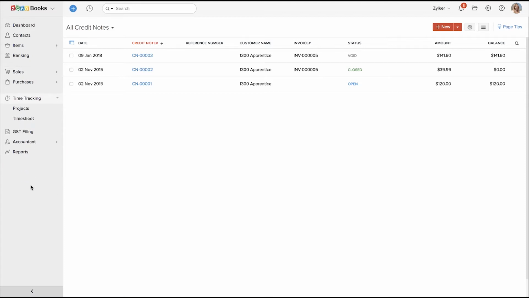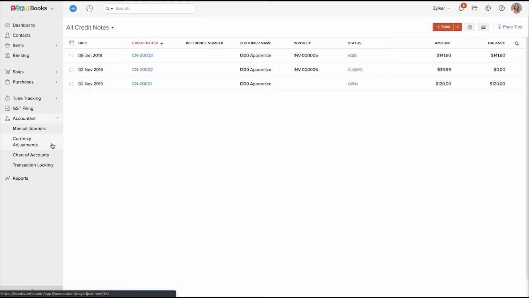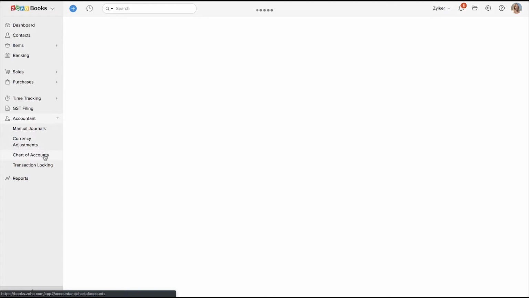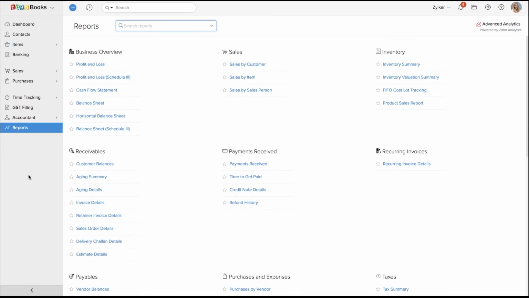You can manage your timesheets. You can even send out an invite to your accountant so that he can be a part of this Zoho Books organization and make sure that all the accounting-related matters are properly maintained. You can create a new chart of accounts and be provided with a wide and varied range of reports, starting from